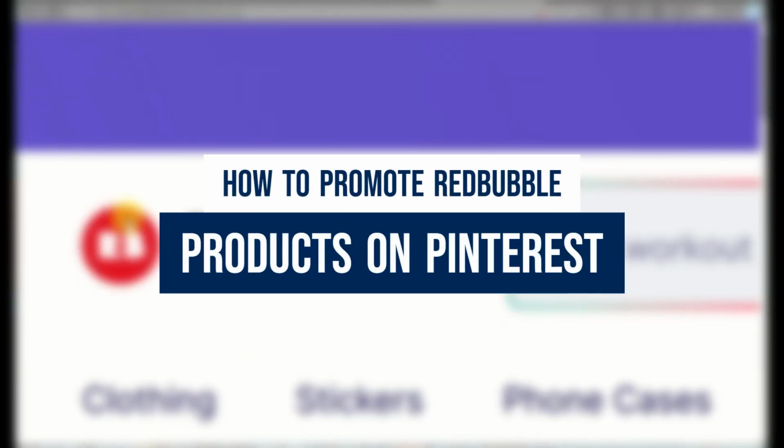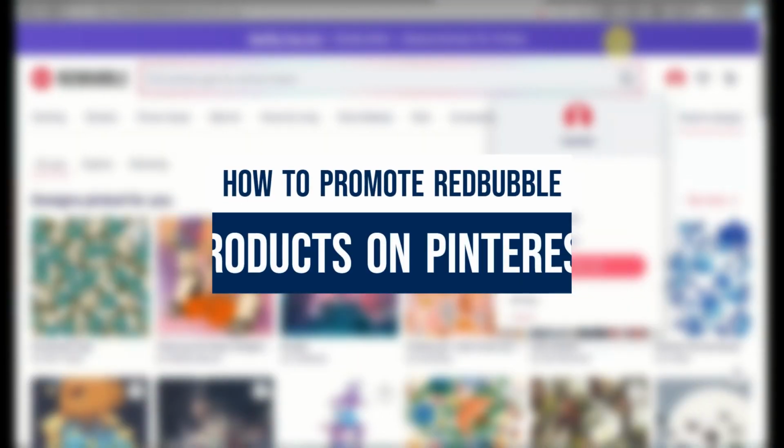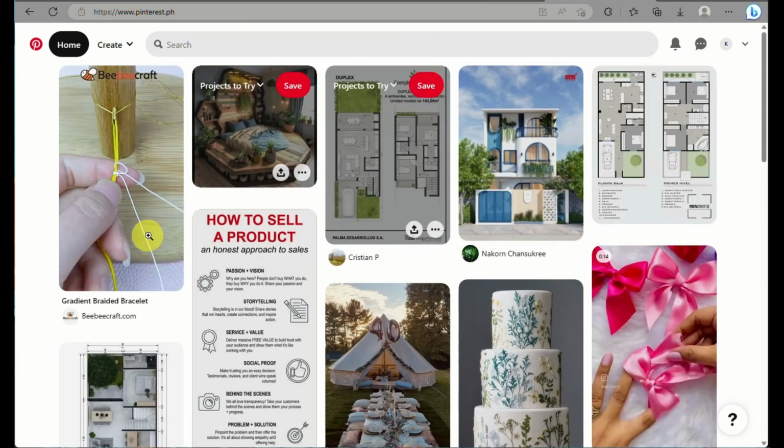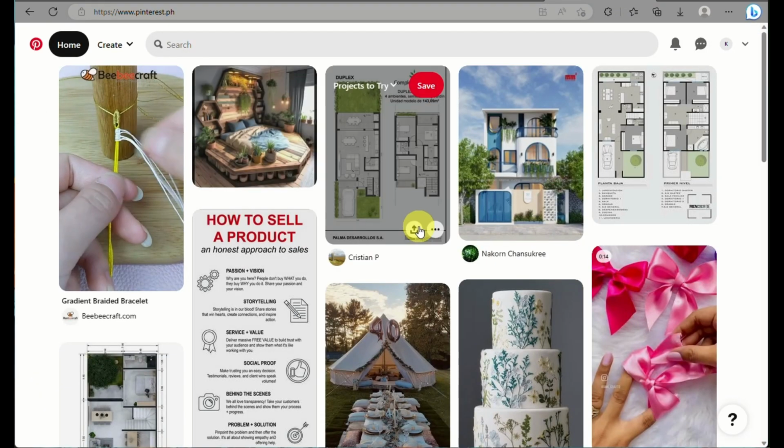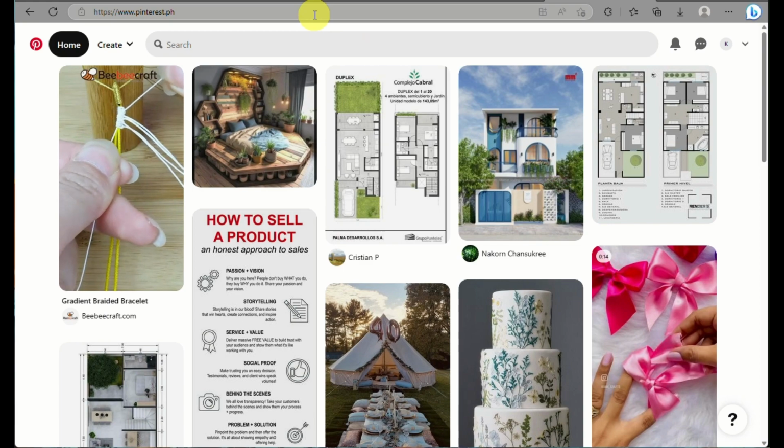How to promote Redbubble products on Pinterest. Hi there, today we will learn about how to use your products on Redbubble and promoting it here into your